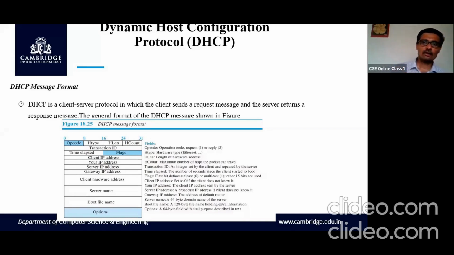So each one will be a different format. So there will be a gateway in between that will encapsulate the packets received from the network into another format and forward them to another network, depending on the protocol here. That is called a gateway. So if the gateway is used, then the gateway IP address is there.